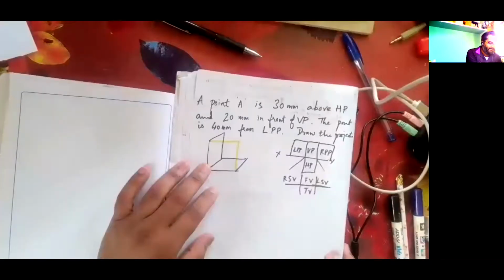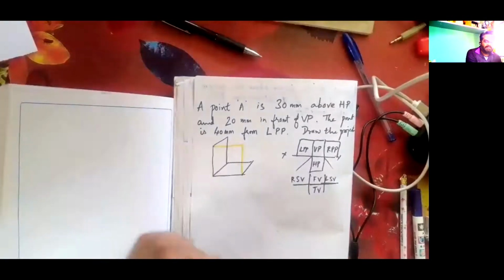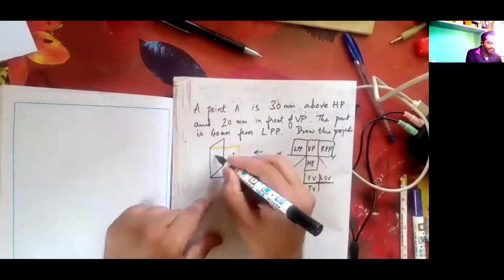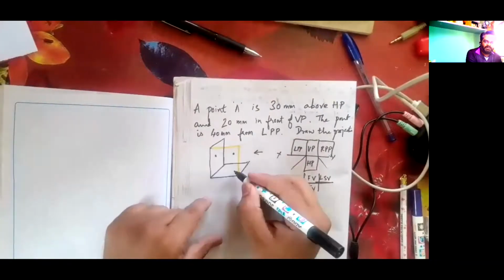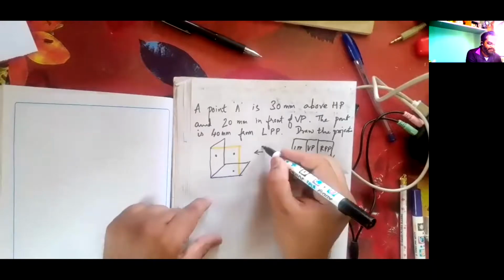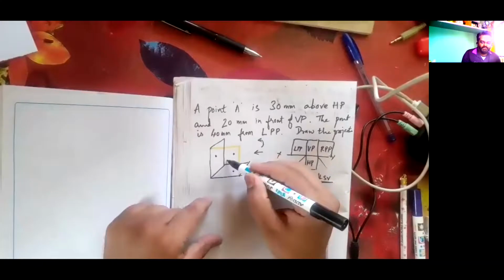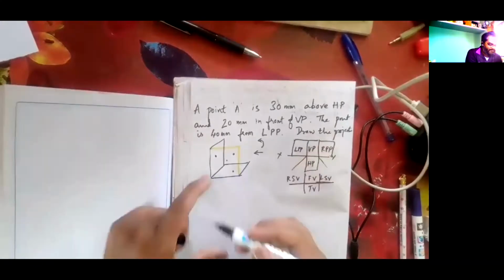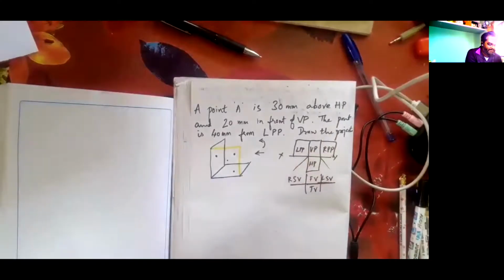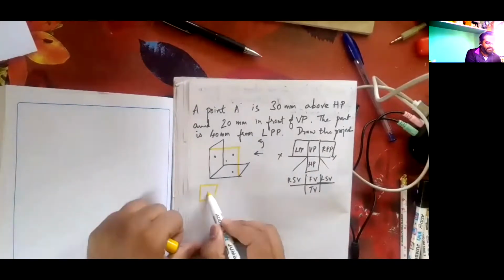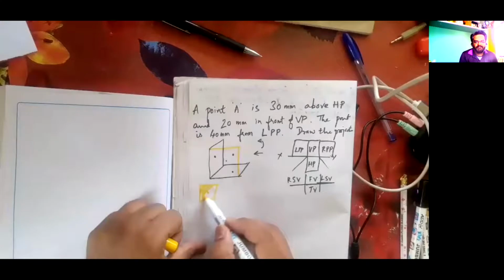So front view, a point is somewhere here. I'm going to see and represent its front view here, then top view here, and I'm going to take a roundabout and see from my right and represent it on this wall. It is on this yellow color wall. This LPP, there is a view on LPP, the side plane. So that view has to be identified and represented.